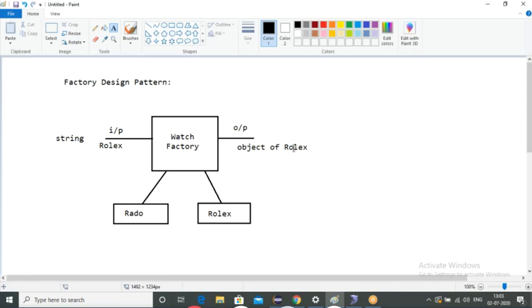Okay, for this we'll be writing the code. In the next example I'll show.